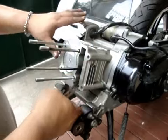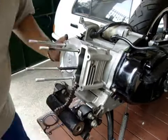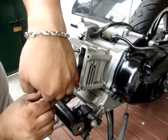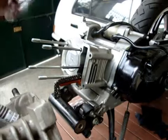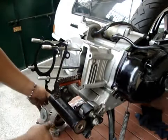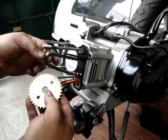Okay, so that's the new piston installed. And now check the timing again and put it right in there. So you're ready to put in the head now. Don't forget the trusty old head gasket. Always replace your head gasket with a new one once you put in your